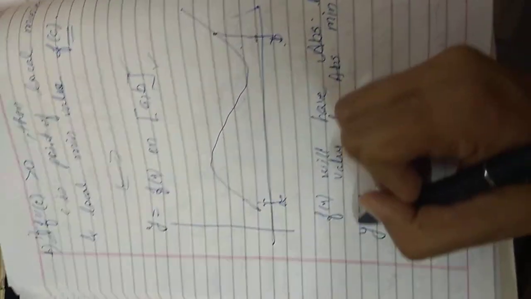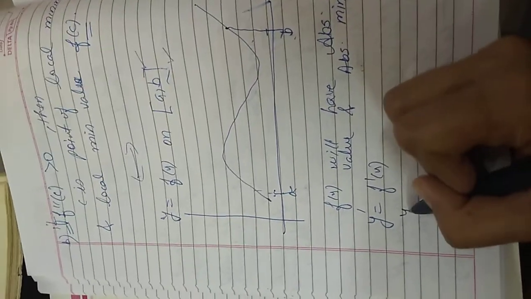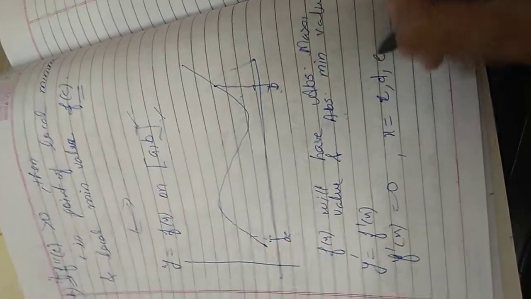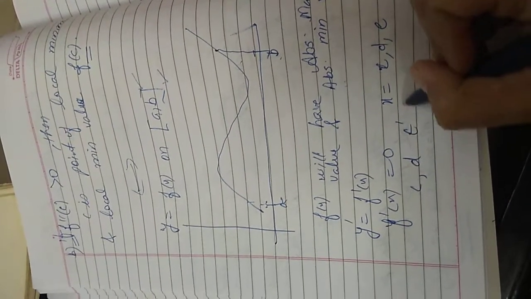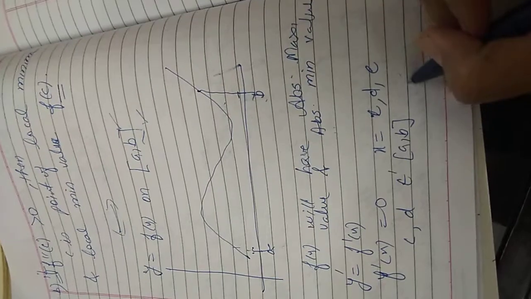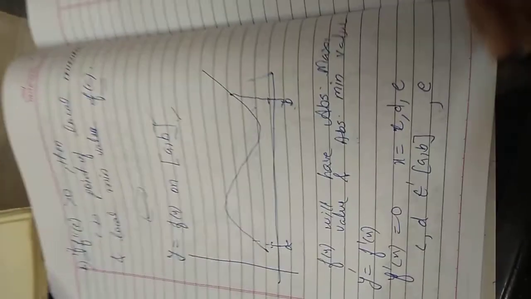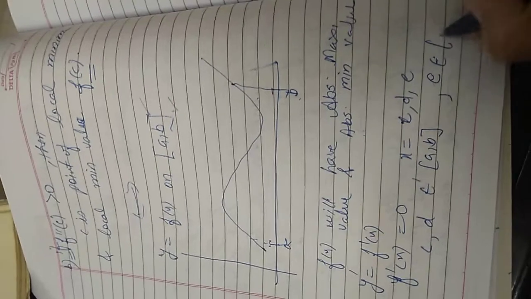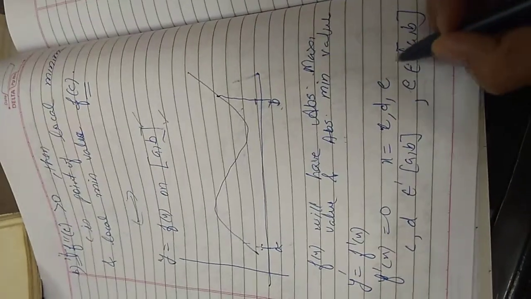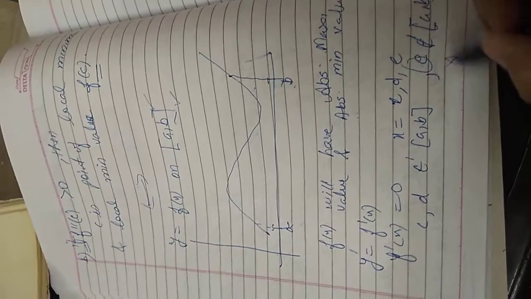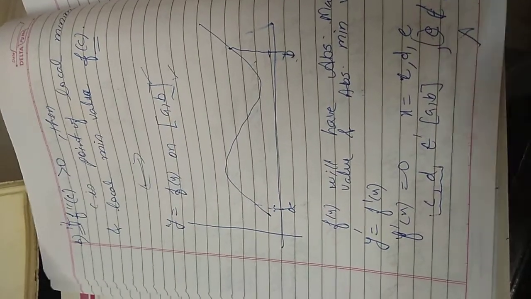Clear? Here also the method remains the same. Whatever function is given, we will find the derivative and equate the derivative to 0. Let us assume that we are getting the values of x as c, d and e. These are the three critical points we are getting, where c and d belong to the closed interval ab, and there is a possibility that one or two critical points do not belong to the closed interval ab, that is the domain of the function. If it does not belong, this e we are not supposed to consider. So we have these two critical points.